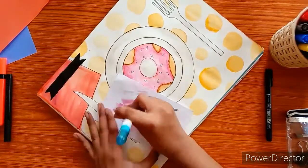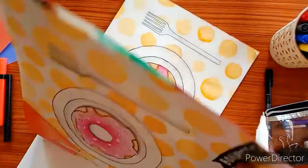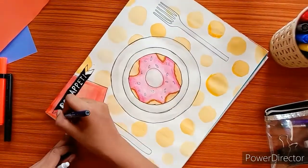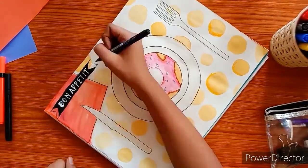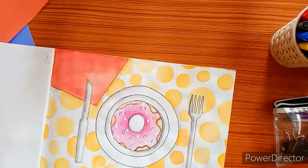As you can see, I've made that little text header over there to write, because I love writing chapter names over there. So as you can see, this is the